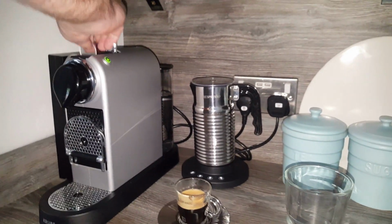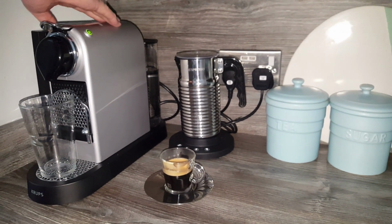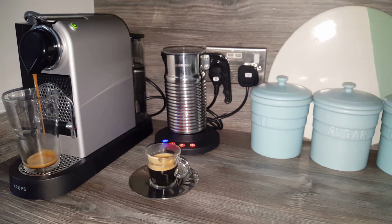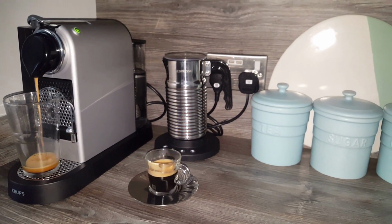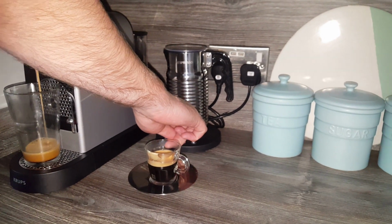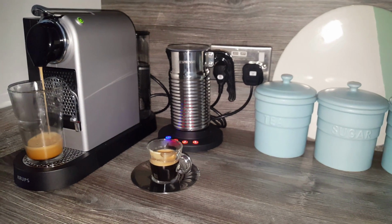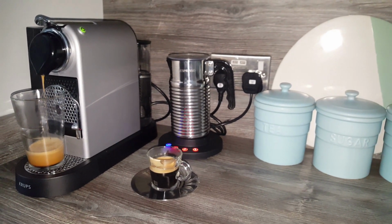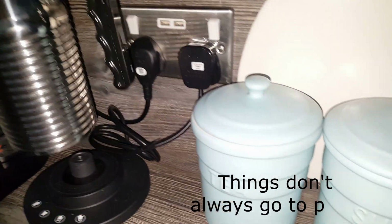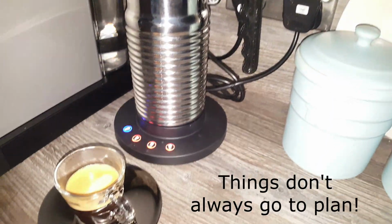Let's make one more now in the recipe glass. Set this going. Just do normal milk, I won't do the extra froth. Not sure what's happening with the Aerocino there. Yeah, so while the milk's whizzing up now,